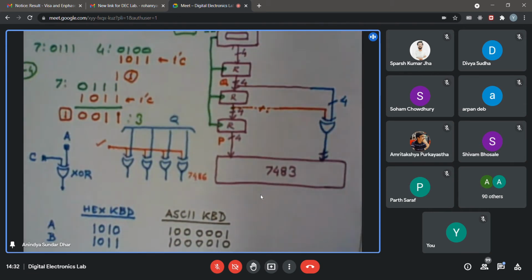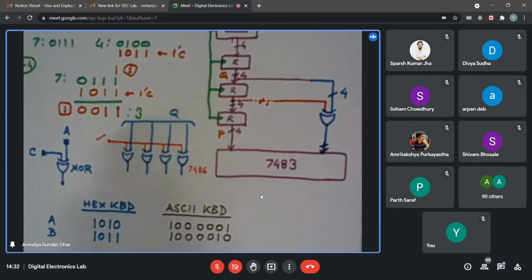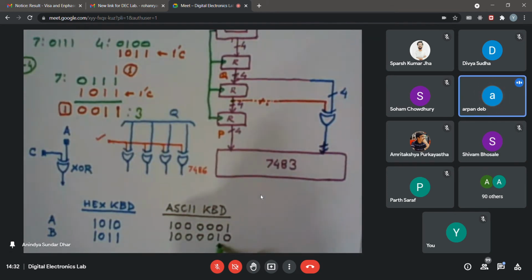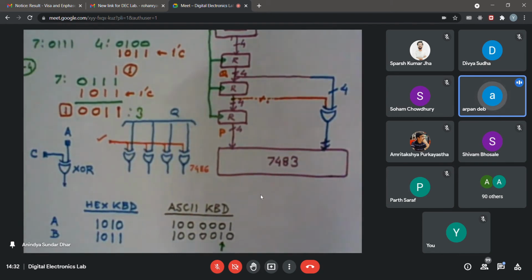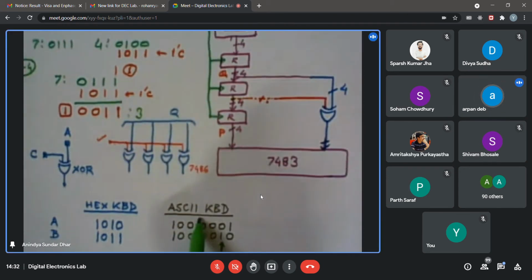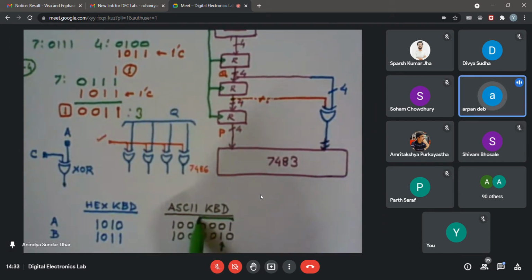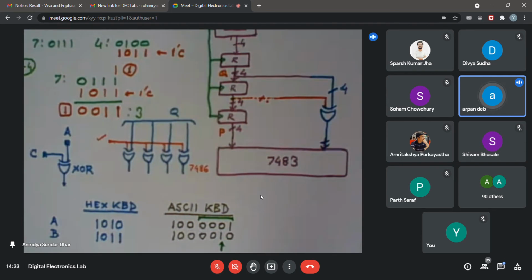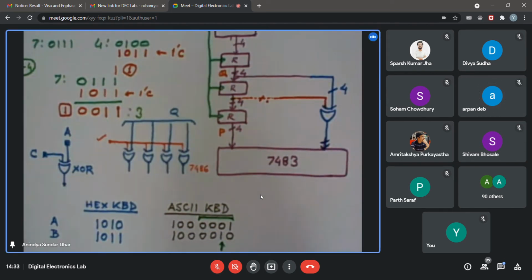So how do you use A and B from the ASCII keyboard? Because from the hex keyboard it is the LSB, but now A and B have an opposite kind of LSB. So do I use an inverter or something else? The second bit from LSB. Second bit from LSB I can use, but there is a... Sir? Yes. When we use the ASCII keyboard, we will be taking the output for the last 4 bits only, to identify the numbers that we did in the last class. Yes, within these 4 bits we have to identify our output. I mean, you can always choose like that.